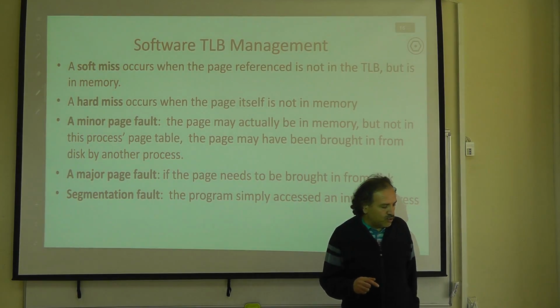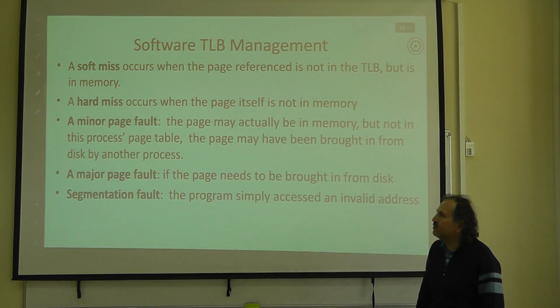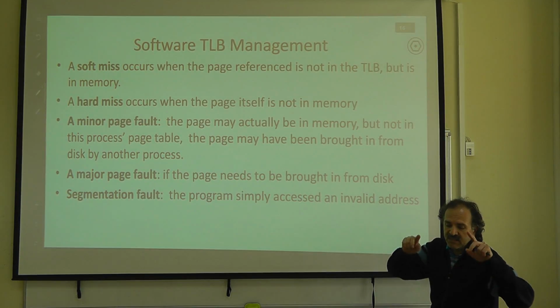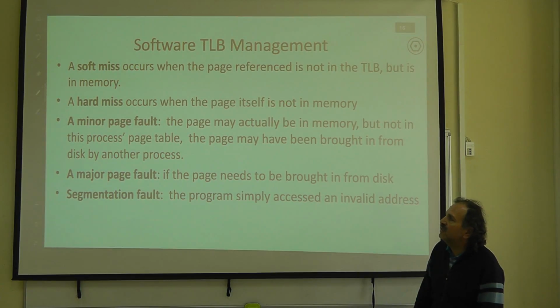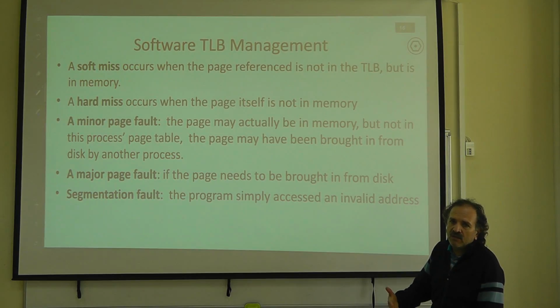That means that one of the processes is using the page, and the other process needs it, but since the process page tables are different, they don't know that somebody else is using that page already. So that's a minor page fault. The process thinks that it is not inside the memory, but somebody else already brought that memory part to the physical memory. That's called